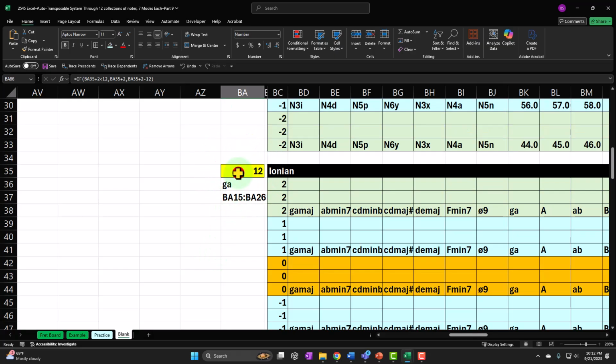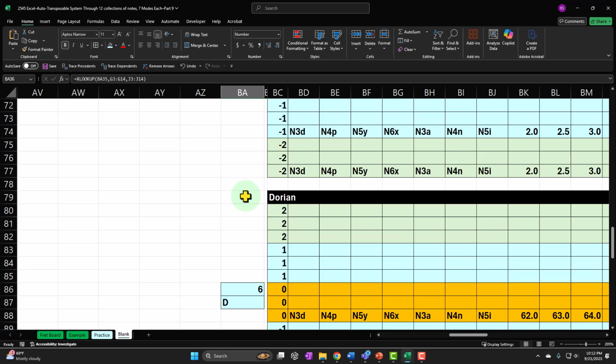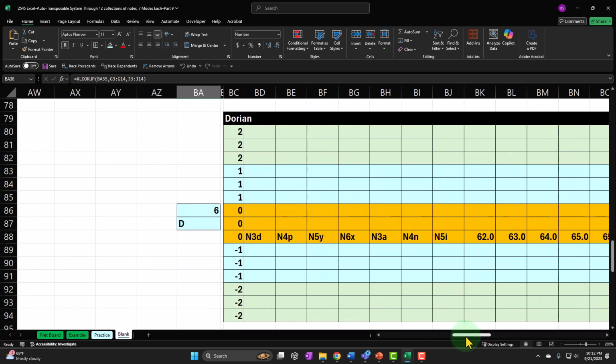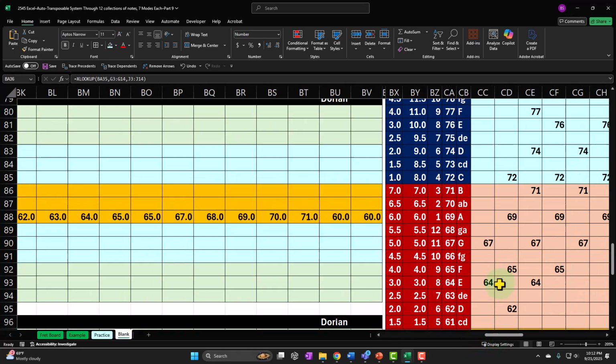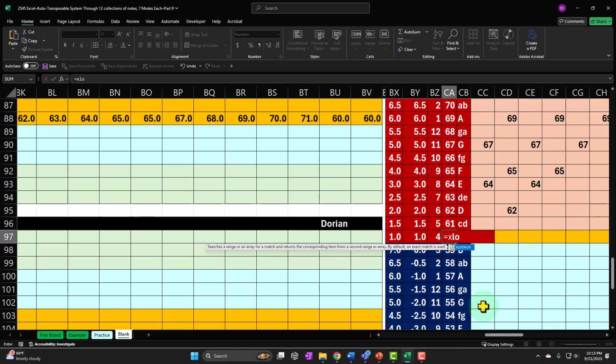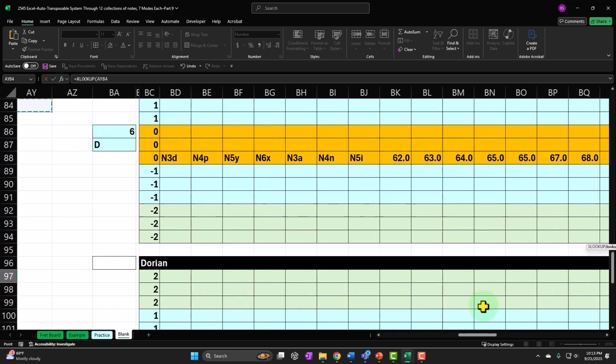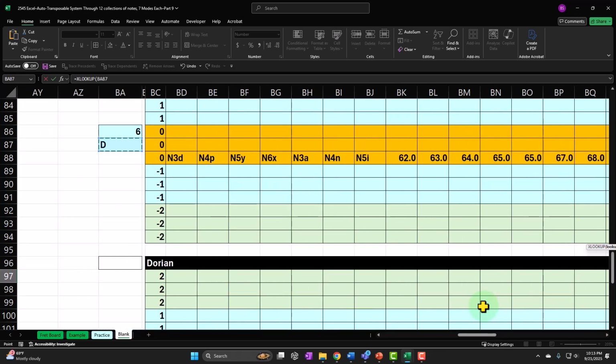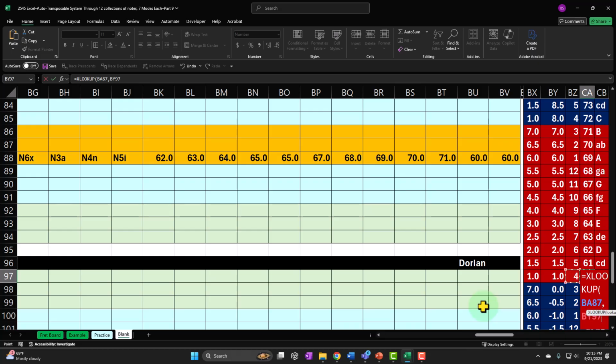Okay, let's bring this back to a C4. All right, so that's cool. That happens automatically. And so then when I go over here, this absolute number needs to be based on that D. So right now, what is this doing? This is going from up above. So what I need to do is say this is going to be equal to XLOOKUP of this D right here. It needs to look up that D,